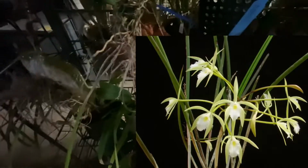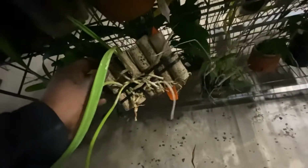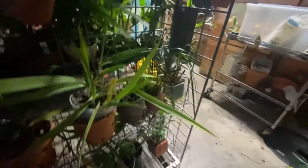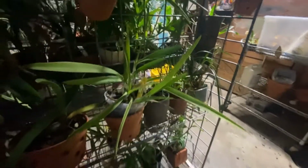Here is my Persavilla martiana that's still got that new growth coming. This is the one that I got from Kelly, that cross that I put on that mount. Down below here, which I need to move this rack around. I rotate them so that they get heat and light from the LED on all sides. The rack does get filtered from the back. Down here are just epidendrums, crosses,